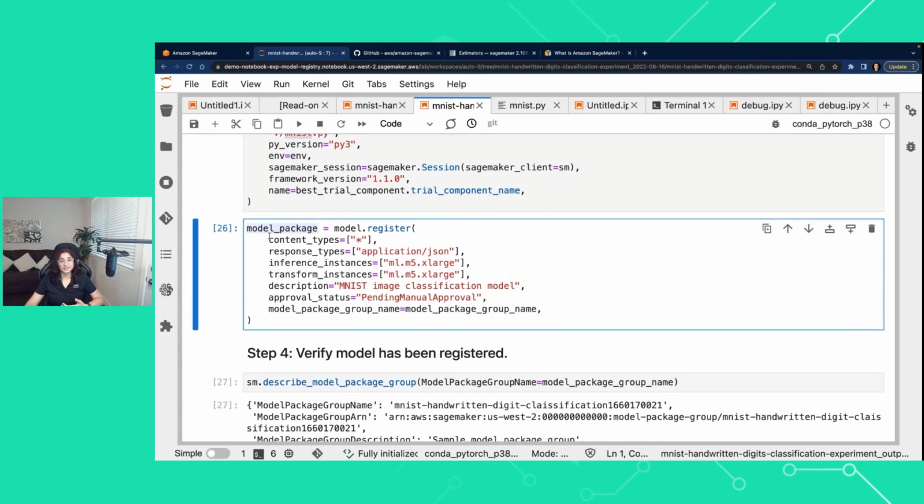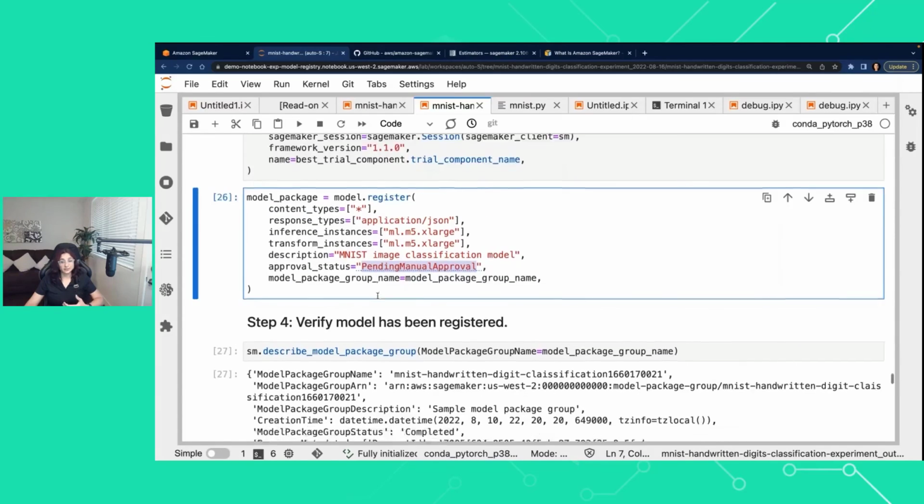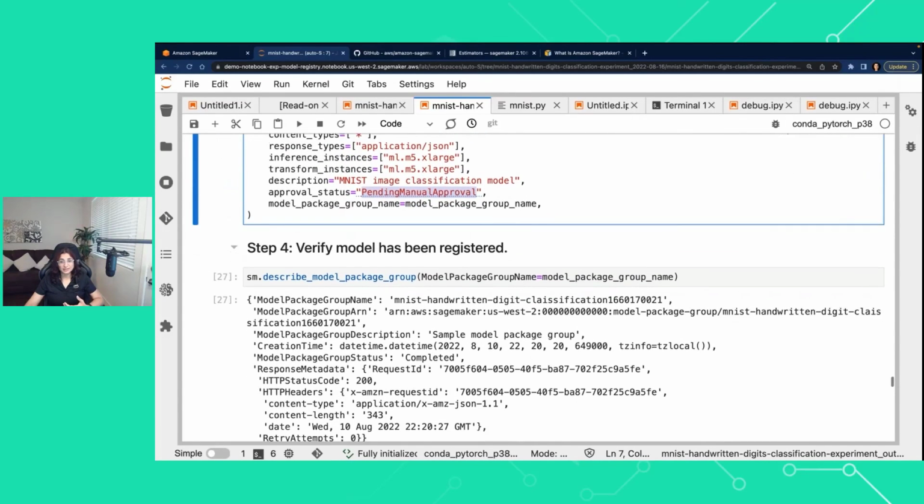And as you can see, I can provide so much metadata, and the approval status, because you can add an approval workflow. So we can start with pending manual approval. So it is pending manual approval. So when you describe that package group,